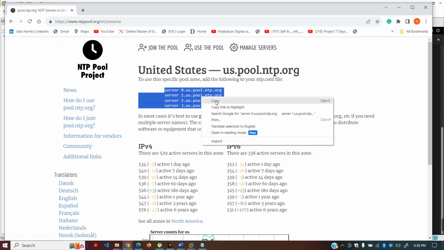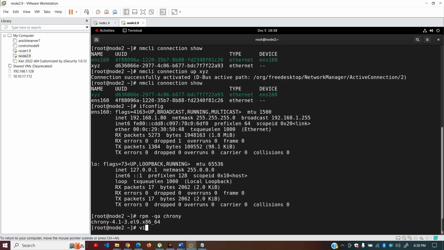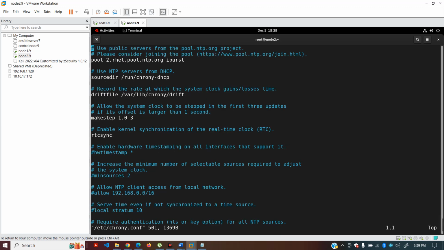I'm going to copy all these servers, and after that I'm going to put them here. You can put them anywhere, but I'll first press enter,